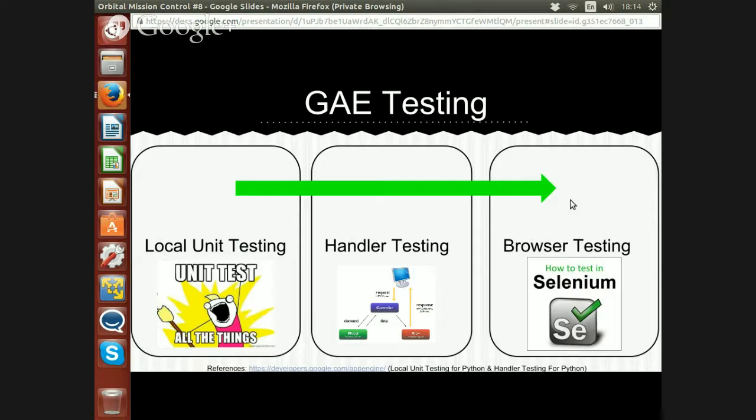So relating back to what we are doing in Orbital, most of you are using Google App Engine. So we'll be going through 3 steps. The first step is called local unit tests. You can refer to the link below for more details. It's really about testing the functions in your code, and also the model in your